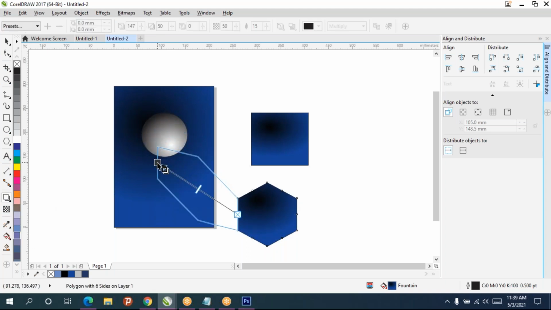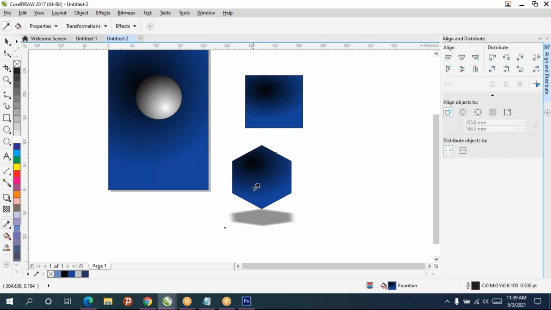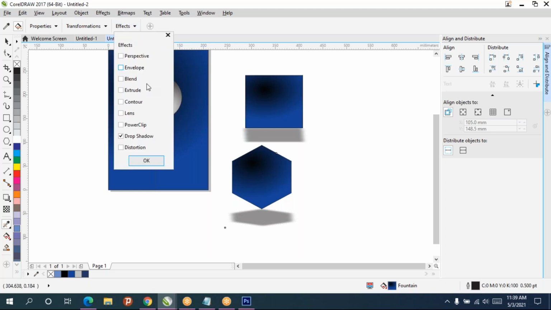Suppose you are applying a drop shadow for this. This drop shadow also I want to copy, meaning take the eyedropper, select this and apply to this, and see that the drop shadow is enabled.